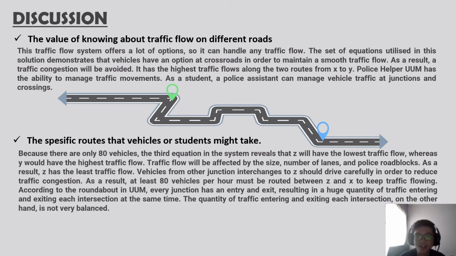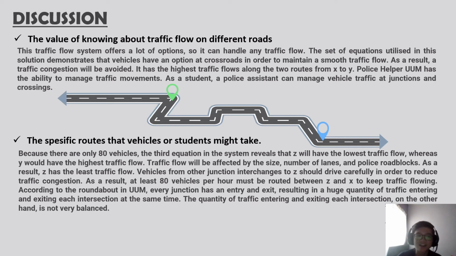From our values obtained by using the Gaussian elimination method, we know that the traffic system offers a lot of options, so it can handle most traffic flows. The set of equations utilized in this solution demonstrates that vehicles have an option at crossroads to maintain a smooth traffic flow. In essence, they have the power to regulate traffic as drivers when they choose an intersection to go to. If the majority of the drivers choose the same intersection, then traffic congestion will occur,